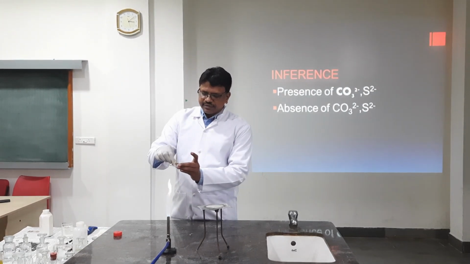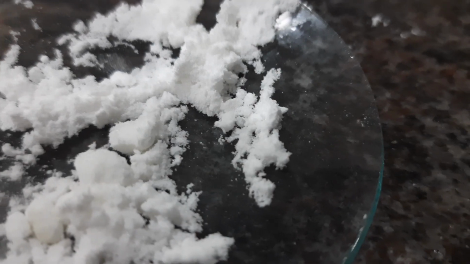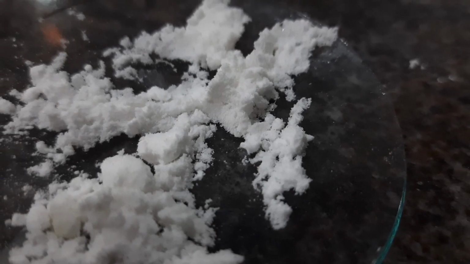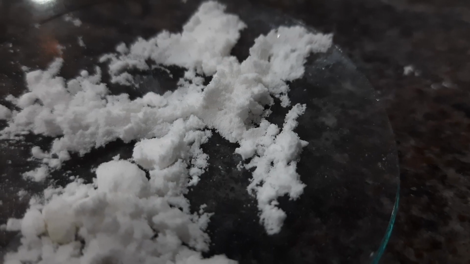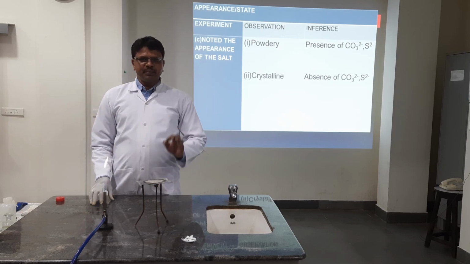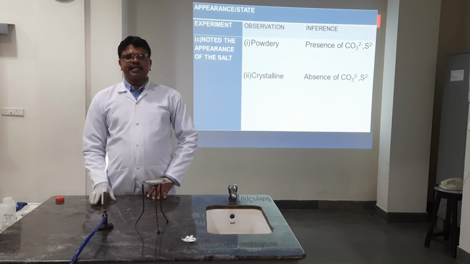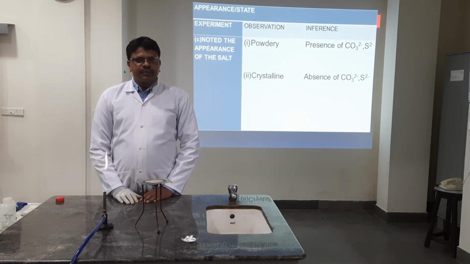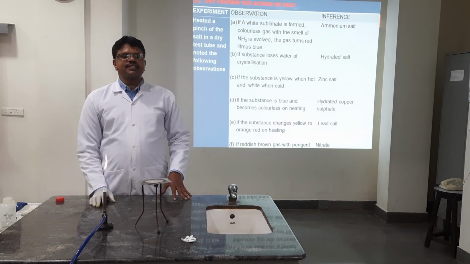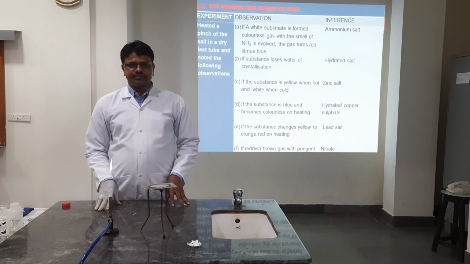So here this is a crystalline salt. You can see crystals here. You can see clearly it is not a powdery substance, it is a crystalline substance. Okay, students? So students, till now we have completed three preliminary tests. What are those three preliminary tests? First one is about color, second one about smell or odor, third one about appearance. Okay, next we will go for the second test, that is the dry heating test, also called action of heat.